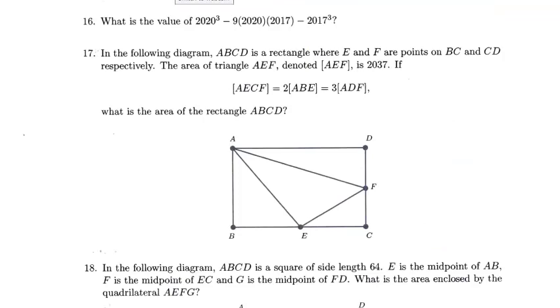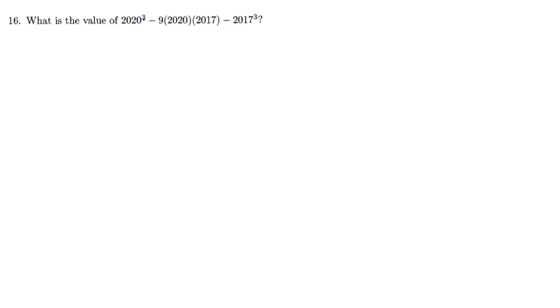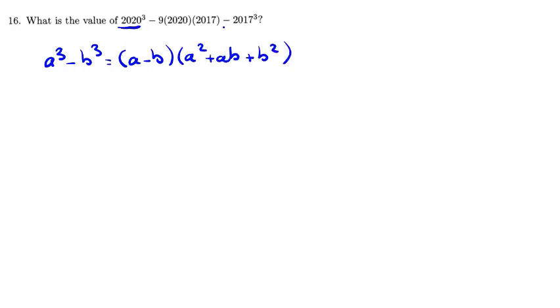SMO 2020 junior section first round problem number 16. What is the value of 2020 cubed minus 9 times 2020 times 2017 minus 2017 cubed? Okay, we know that a cubed minus b cubed, you can factorize like this. For general n, it has a formula, and for plus, for n odd, we have a formula. It will be a squared plus ab plus b squared. Now, if we use it for these two numbers, 2020 minus 2017 will be 3 times 2020 squared plus 2020 times